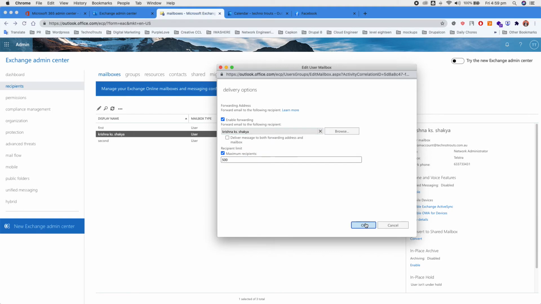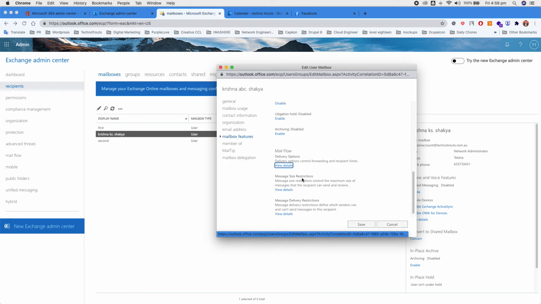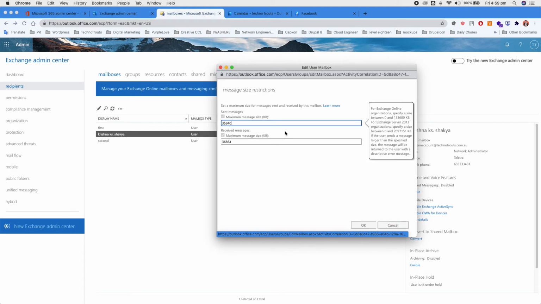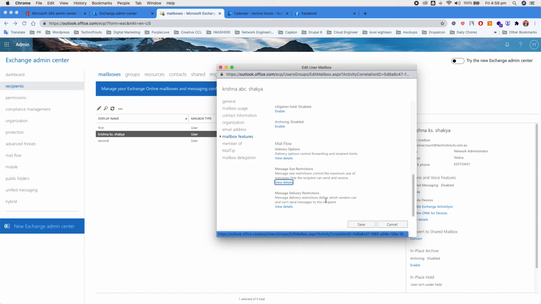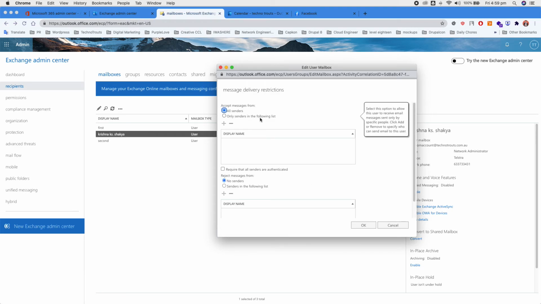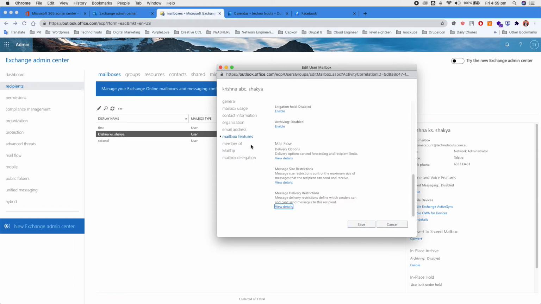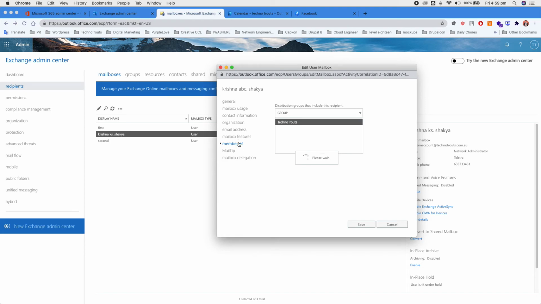You can also limit the maximum recipients. And another one is message size restriction, which helps reduce the size in kilobytes. Similarly, there is the last option, which allows you to accept and reject messages from specific users. So these are all the available options. When you go to the member of, you can create groups and add the user to specific groups,